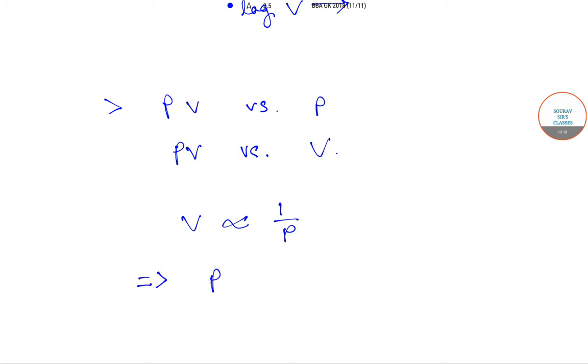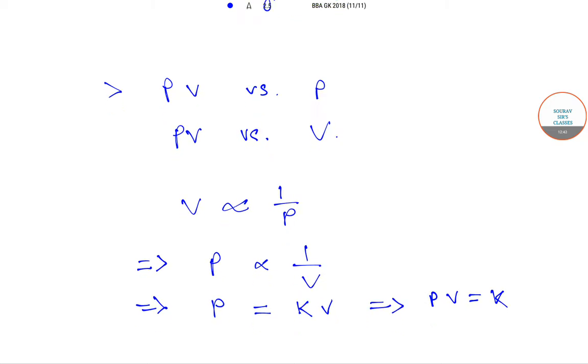In the next step, we can write P varies as 1 by V as well. And here we will take K as constant, so we can use the equal sign. So it will be P equals to K by V. So from here we can write PV equals to K,